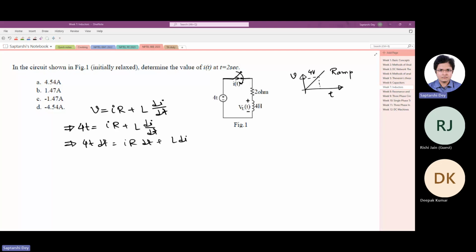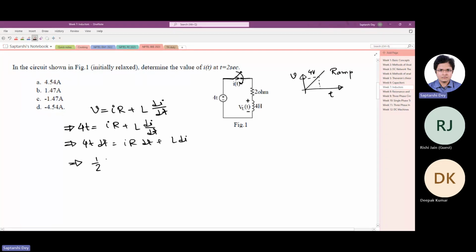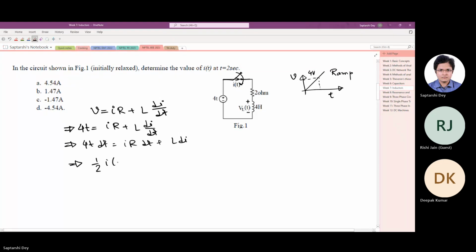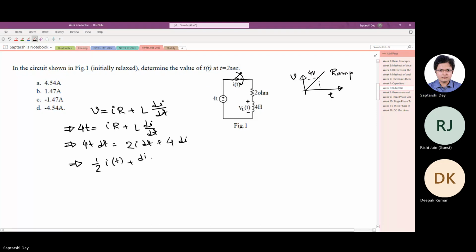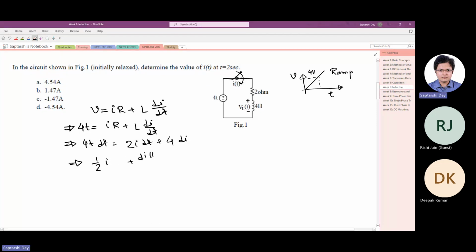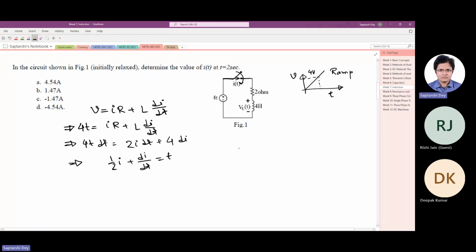If you write like this, IR, this is 2i, I put the value of I and value of L, so 2i and 4. Now if you rearrange it like this, half I plus dI/dt equals t. This is a standard form of differential equation where you have to find the integrating factor